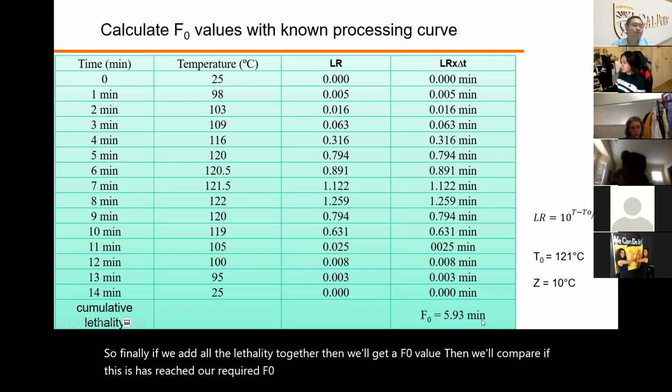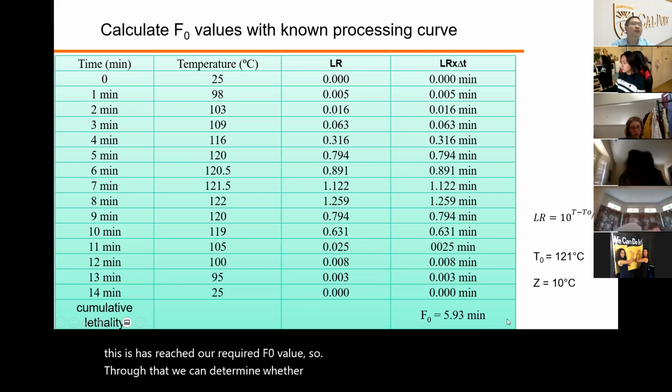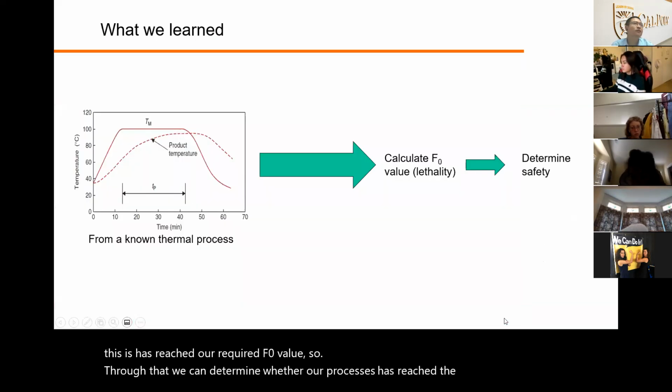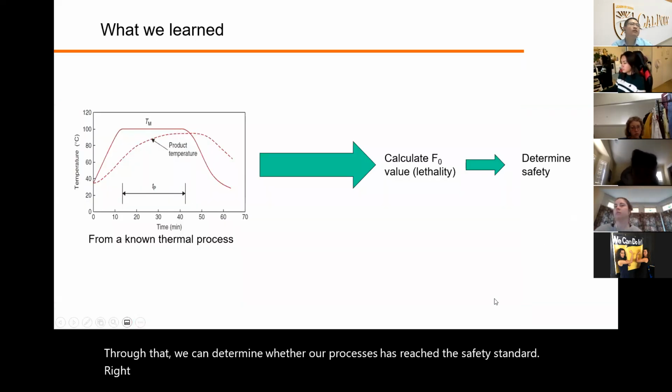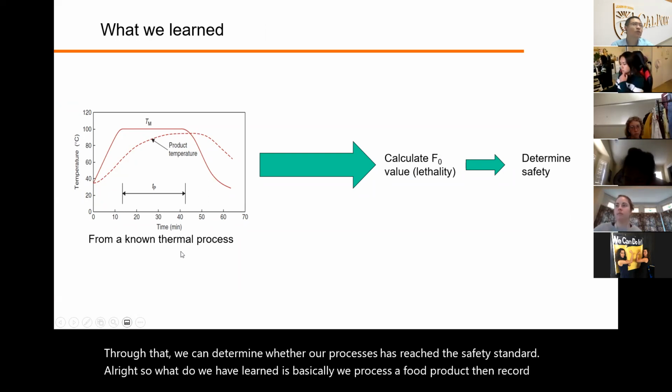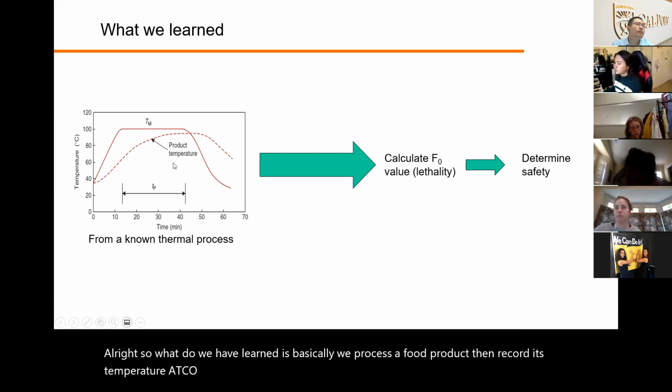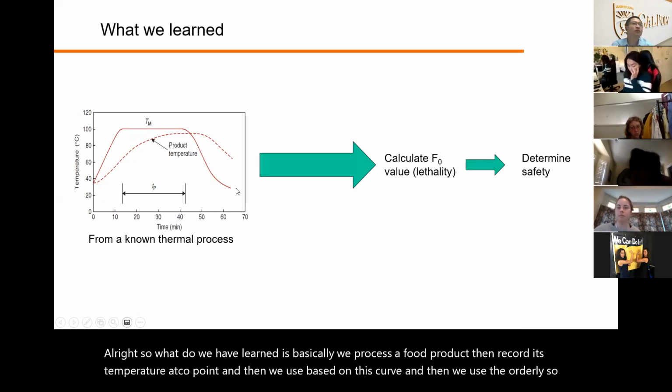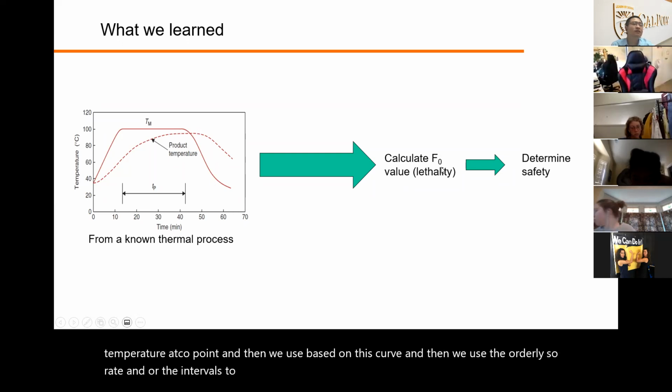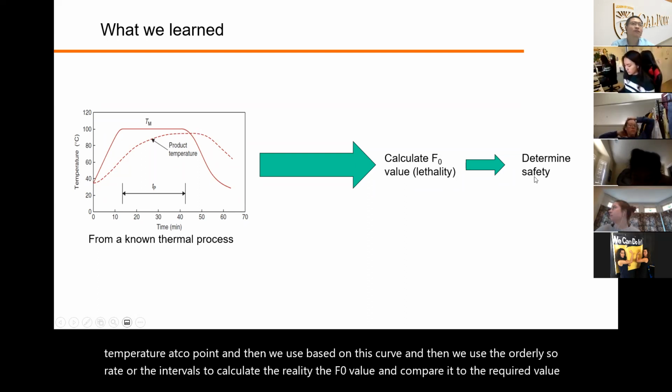So through that, we can determine whether our process has reached the safety standard, right? So what we have learned is basically we process a food product, then record its temperature at the cold point, and then based on this curve, we use all the lethal rates and all the intervals to calculate the lethality, the F0 value, and compare it to the required value to determine if we have reached